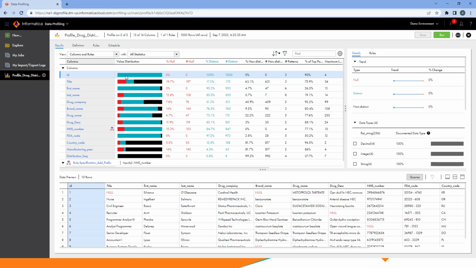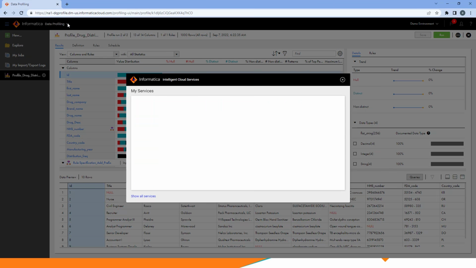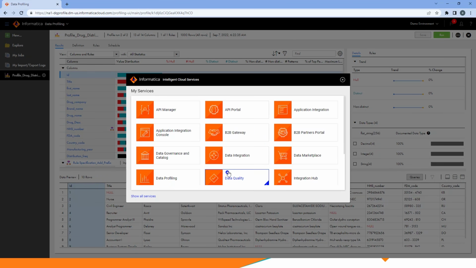So it shows you that it could be a primary record, or it could be the database ID numbers. Similarly, you can find out the different details from your profiling scorecard. And once you profile your scorecard, you can go into your data quality to build your application quality rules to remediate these issues. So for example, we saw an NHS number